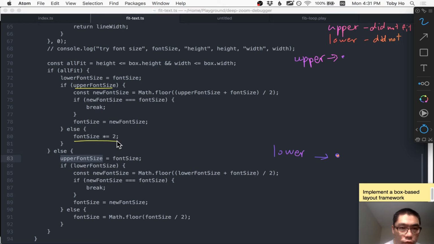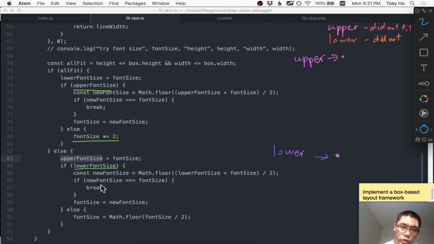Oh, this is upper font size, not lower font size. We set lower font size, then we're testing upper font size. Understood. Okay. So if we haven't found the upper limit, which means we haven't even found a font size where the text doesn't fit anymore, we're just gonna double the font size, which is what I just explained how this guy works. But in the opposite case, if there is no lower font size,